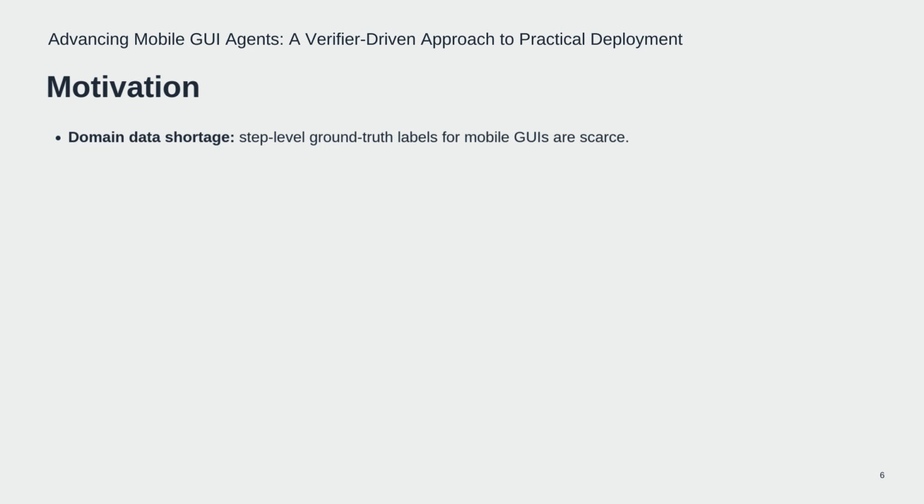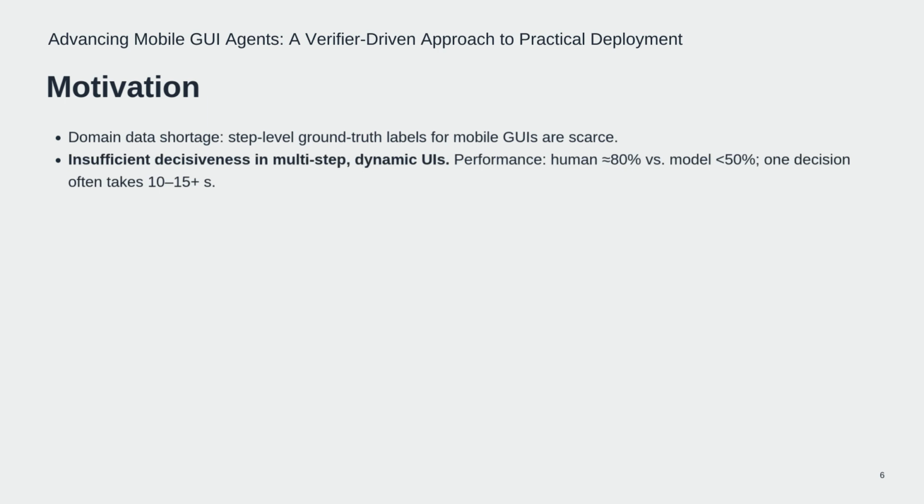So there are a few things that motivate this work. First, domain data shortage. Ground truth labels are scarce. Next, insufficient decisiveness in multi-step dynamic UI performance. In fact, the best existing agents on a standard benchmark only achieve around 50% test success rate, whereas human performance is about 80% on the same tasks. So there's a big